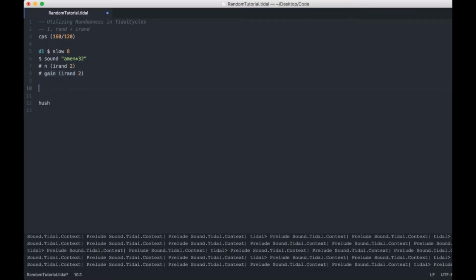So it's important to keep in mind that you can't just keep using the same rand or irand values all over your code in case you really want some dynamic randomness. You're going to have to switch it up a bit. And one way to do that is to add a slow function to one of these irands. So if I slow it down by 2,